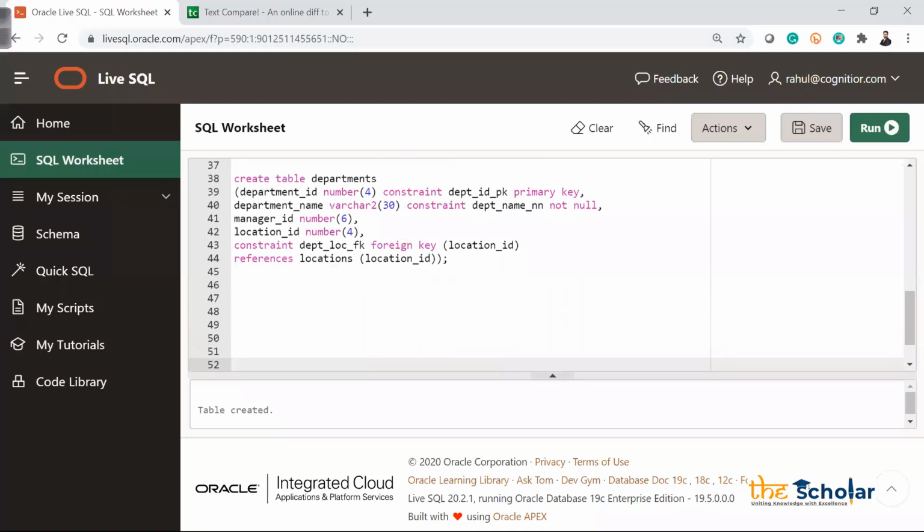Then what else? We want to create some more tables: jobs, employees, and what else? Job history we will create. So I think 3 more tables we have to create. We'll quickly create it. So we'll have a job table and create table job